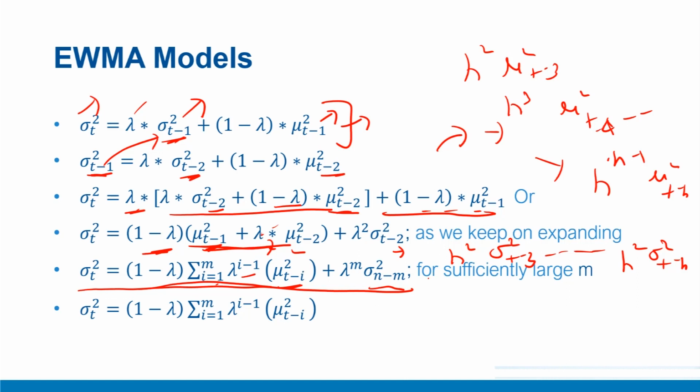And for sufficiently large values of m, this term will converge to 0, because lambda to the power m, where m tends to infinity, is equal to 0. So this term will converge to 0 and we are only left with this generic term. So this is a more generic formula for the EWMA model,